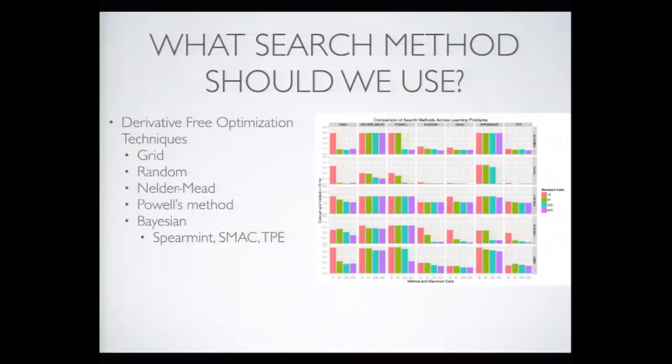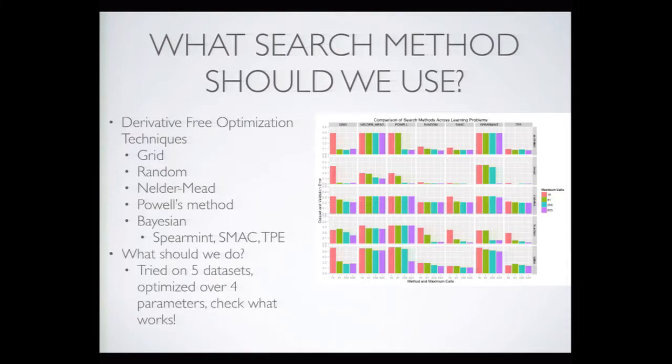And what we wanted to do here was compare, in this case, 7 different search methods across 5 different data sets. And I apologize, the chart is kind of confusing, but what we want to see is bars that are red. So on the left side, we have the fewer number of function calls in red, higher number of function calls, 15 up to, say, 600 in purple. And what we want to see are bars that get low very quickly.